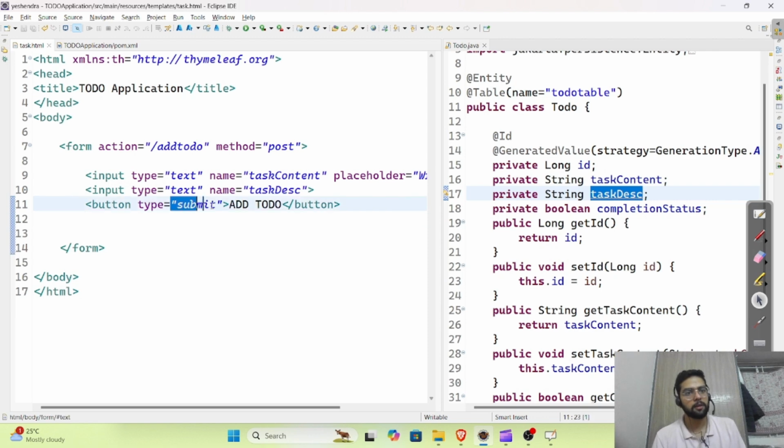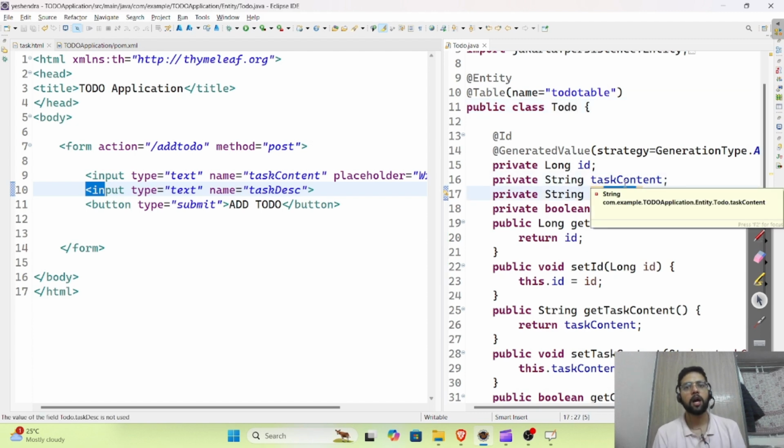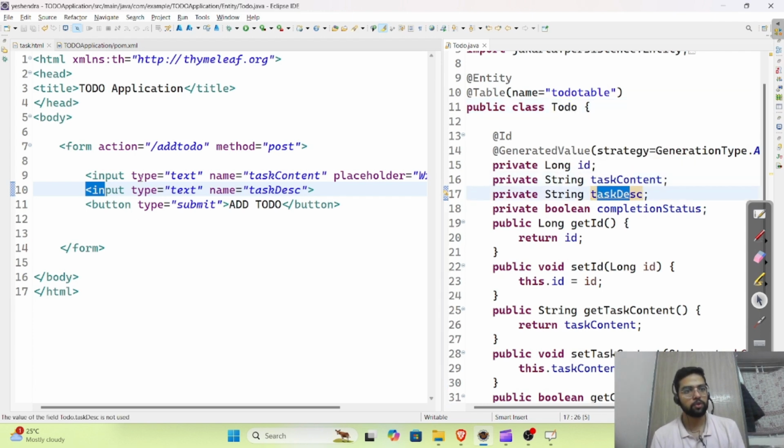So when user submits, Spring will see that you have submitted the form and the input type is mapped with the to do class variables. In the controller we will fetch the to do object. How we will fetch? Don't worry. We will fetch the to do object with the task content and task description equal to what user has entered. That's why we need to map it, and how to map it? Using the name